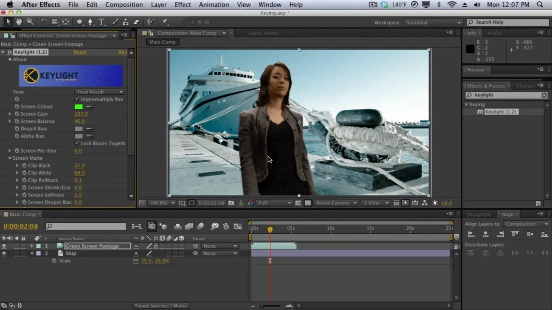Whenever you key something out, another quick tip is to always color correct your shot here as well as your foreground. So you want to color correct this lady here so that she blends in more with your scene. But in this lesson we just took a look at how to simply key out